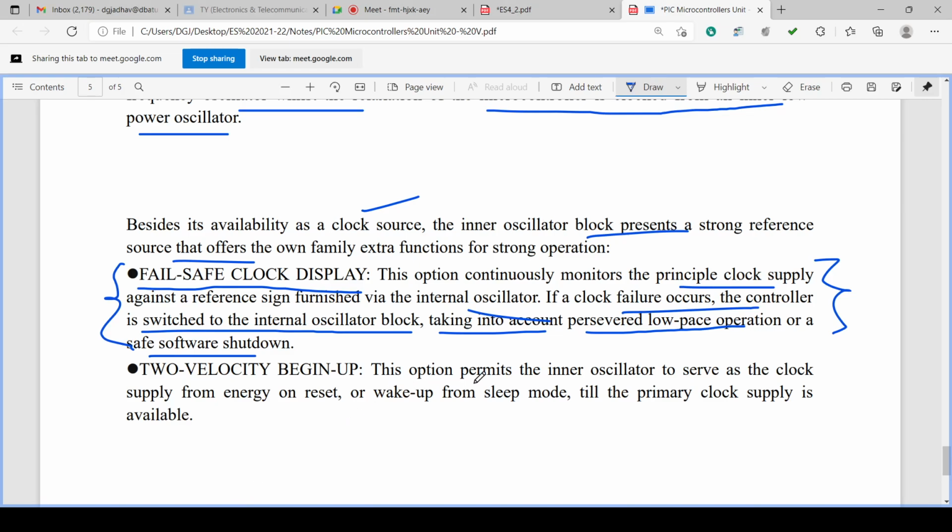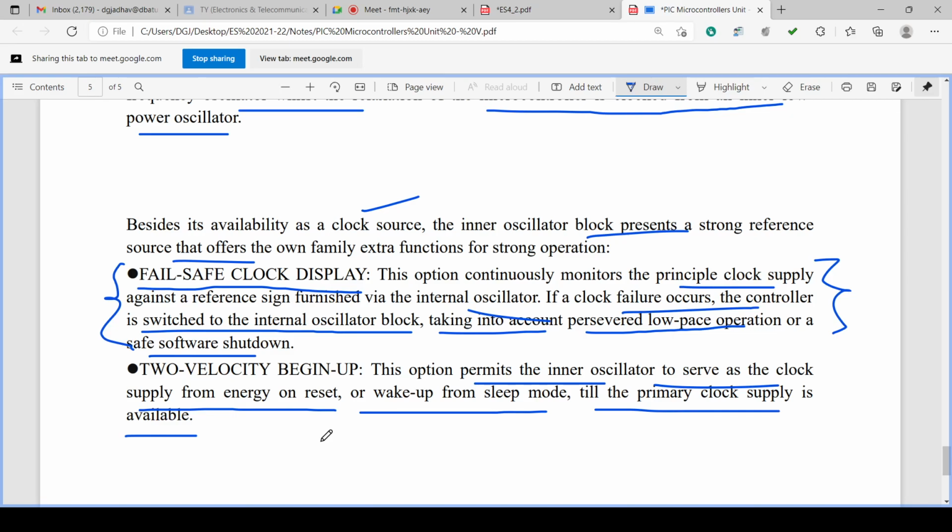It permits the internal oscillator to serve as a clock supply from reset or wake up from sleep mode till the primary clock supply is available. Till the primary or principal clock supply is available, the internal clock supply is used.